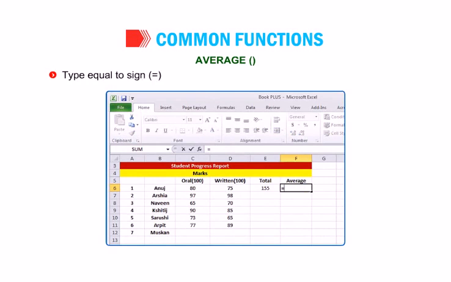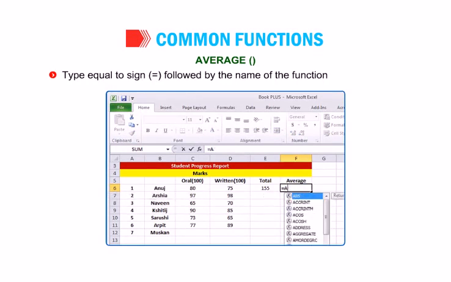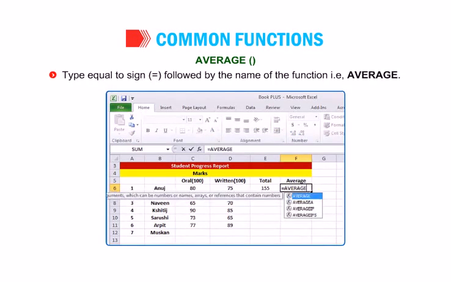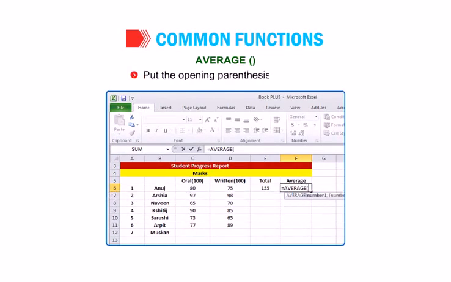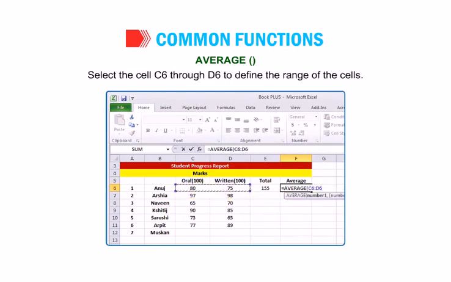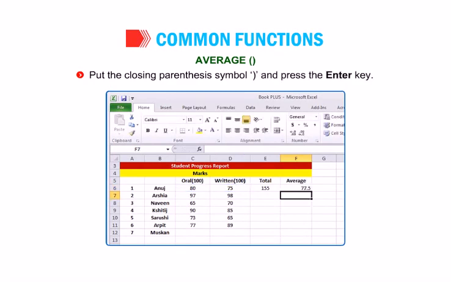Type the equal to sign followed by the name of the function, that is AVERAGE. Put the opening parenthesis symbol. Select the cells C6 through D6 to define the range of the cells. Put the closing parenthesis symbol and press the Enter key. The cell F6 will display the average of marks obtained by Anuj.